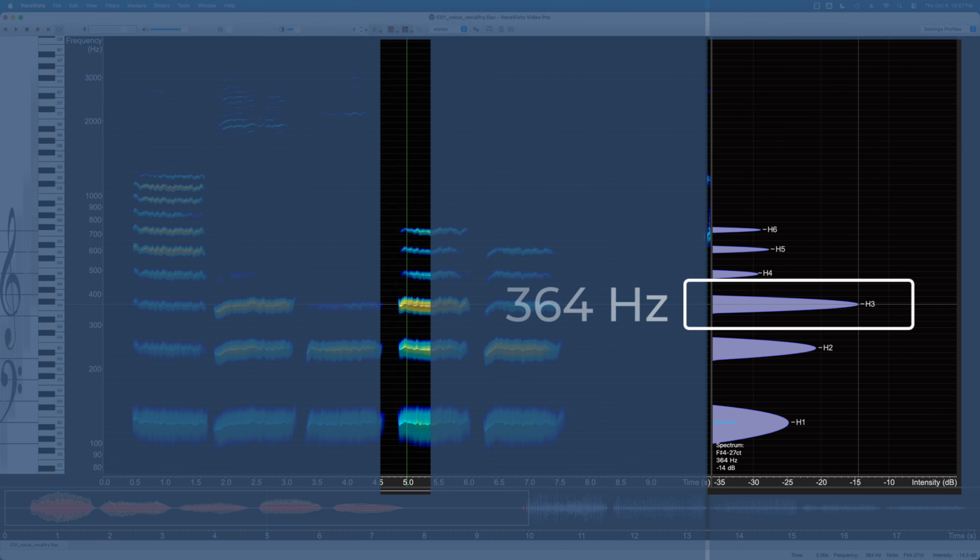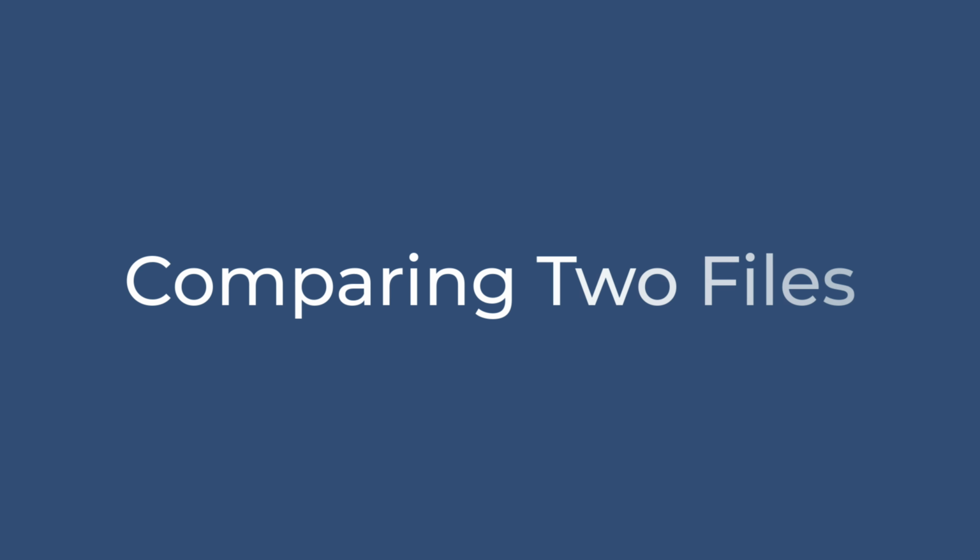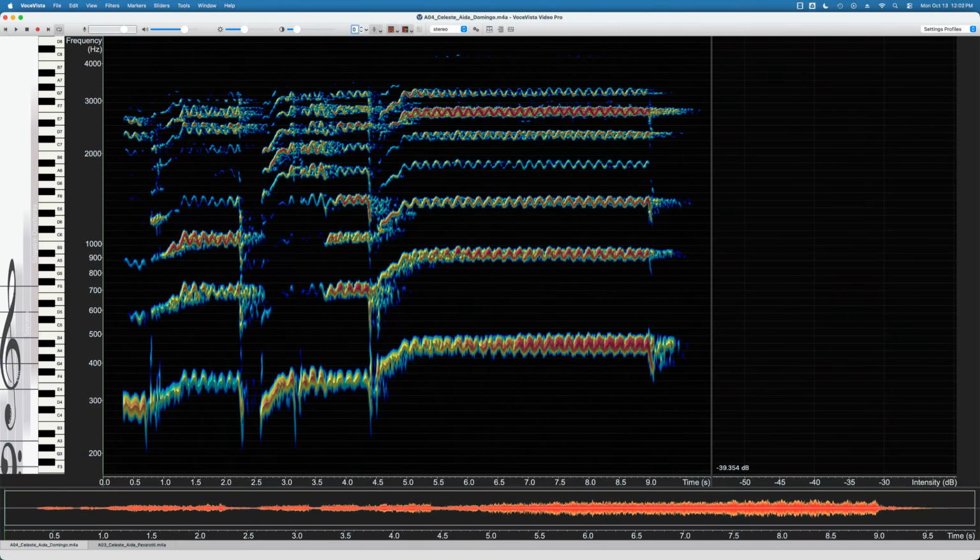Now that we've had an overview of the spectrogram and how it displays recordings, let's look at how to compare sounds in two files. The files we're going to look at are recordings of the same final B-flat in the aria Celeste Aida, performed by the master tenors Luciano Pavarotti and Plácido Domingo. By lining them up side by side, we can analyze the different resonance strategies that each singer uses to produce